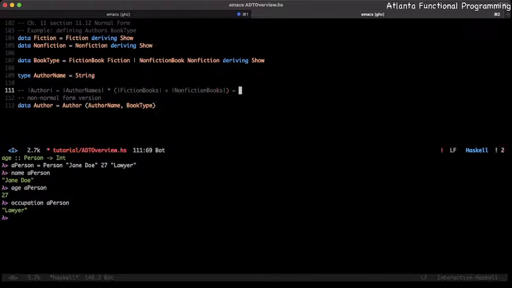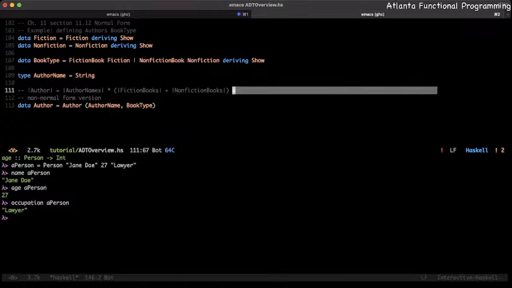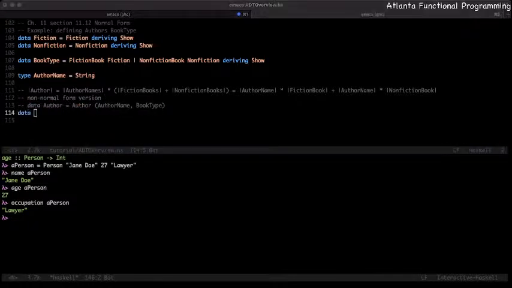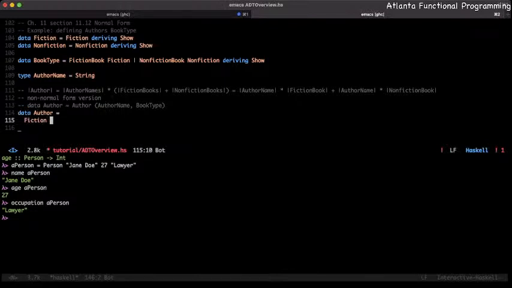And recall again the distributive property, where it says that if you have a product times a sum, this is the same as author name times fiction book plus author name times nonfiction book, right? We could actually write and define our type definition exactly the same way, all right? So instead of defining it this way, you can actually say data, an author is a set of fiction author names and or non-fiction author names. And what you have effectively done is